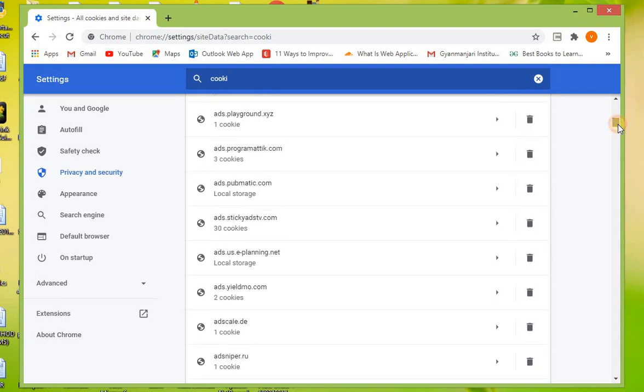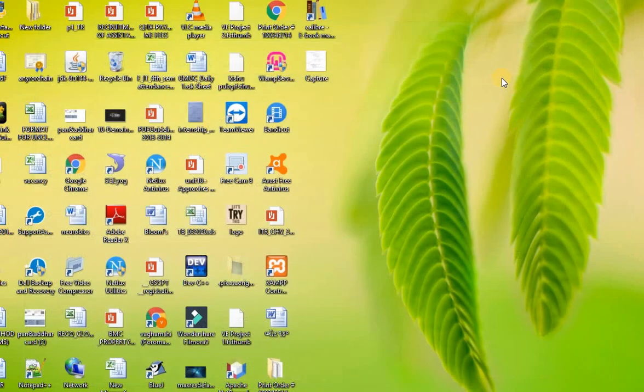For example, I have visited a site, alamy.com, and in this site there are 9 different cookies that are stored in my browser. So this is the concept of cookie.